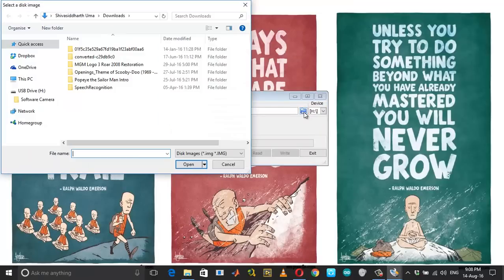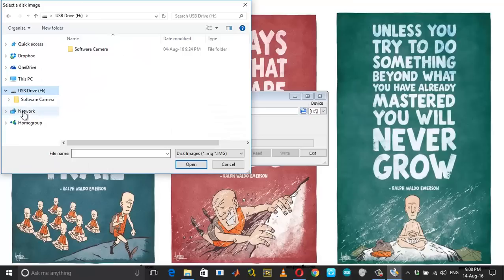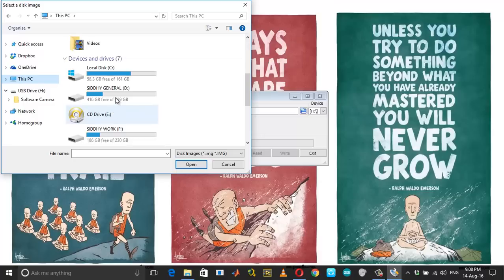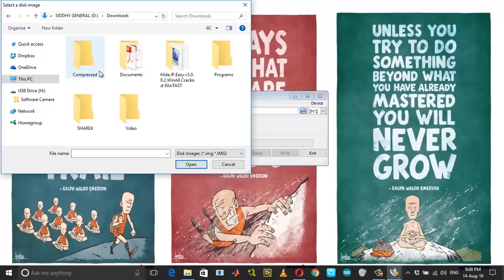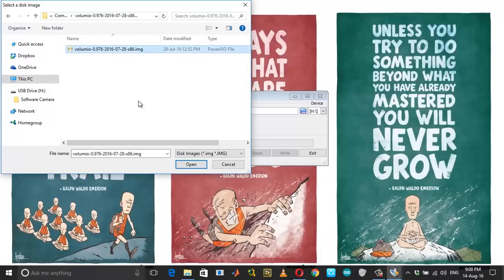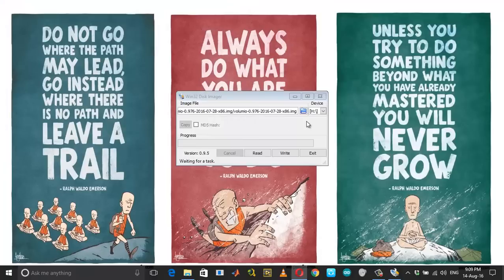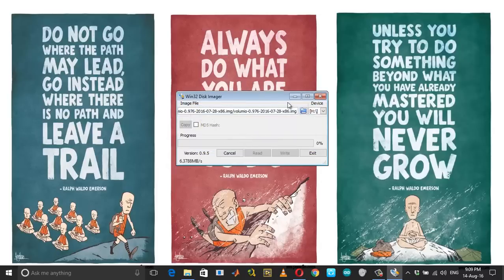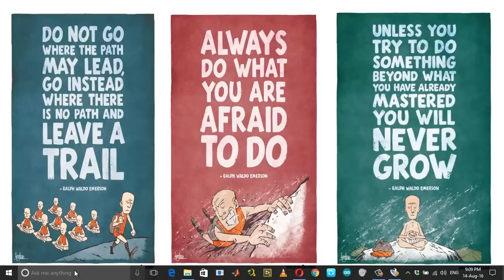Choose the image from where you downloaded it, and then start the write process. Choose yes. While this goes on, we'll get started with configuring the VirtualBox.